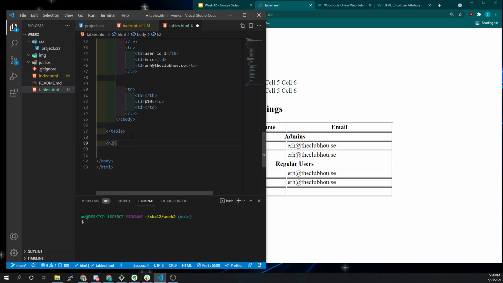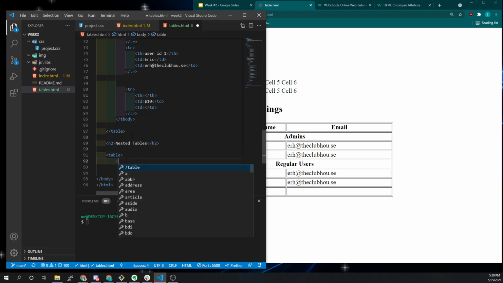What was that? Make a nest. Yeah, that's right. So we can also nest tables, right? Sometimes you've got a complicated table. Let's just make a simple one real quick that has a tr,